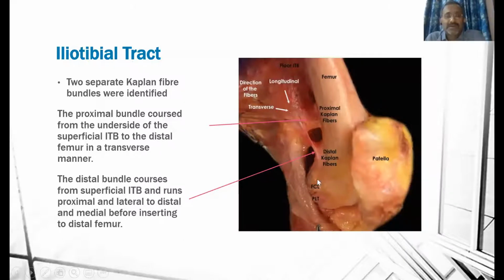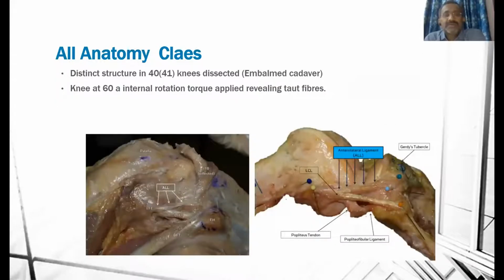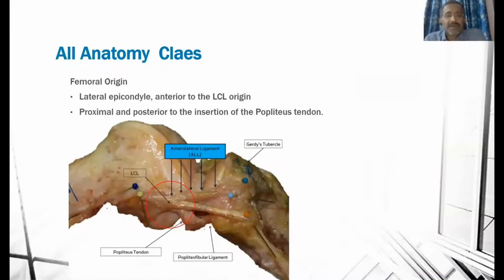And another one runs in an oblique manner. That's a distal bundle. Going on to Claes's paper in 2013, he described the anatomy. They dissected about 40 knees and found a distinct structure in 40 out of 41 knees dissected. He checked the knee at 60 degrees of internal rotation, which reveals some taut fibers, and described this as the anterolateral ligament. The femoral origin he described was the lateral epicondylar region, proximal and posterior to the insertion of the popliteus